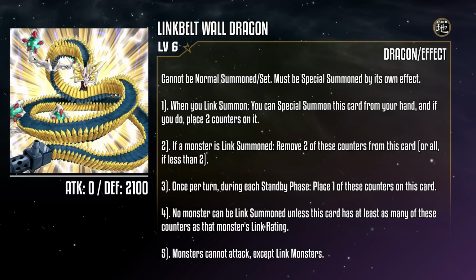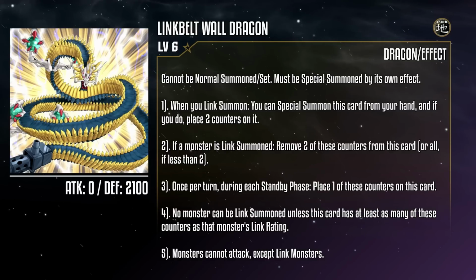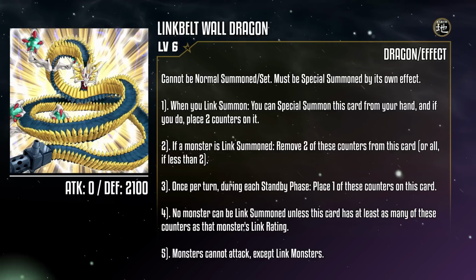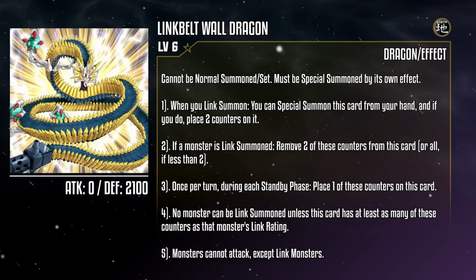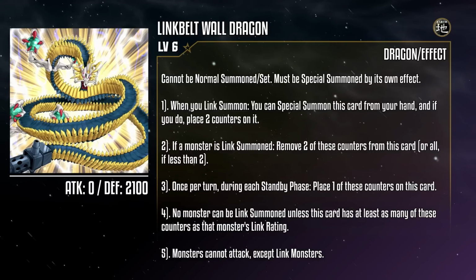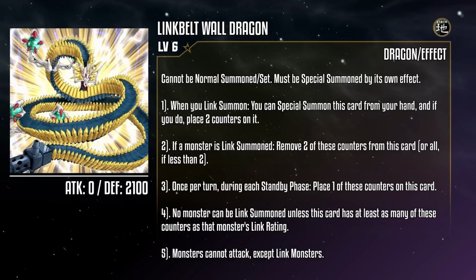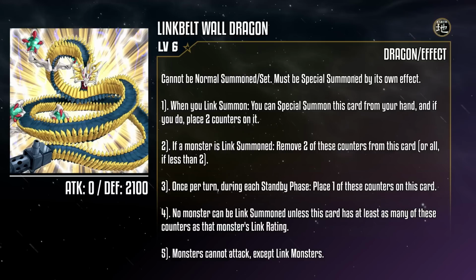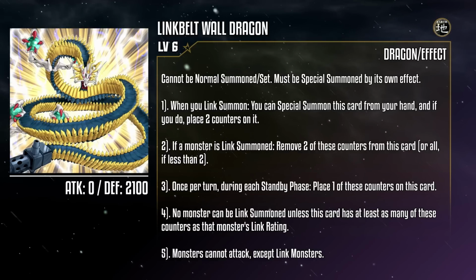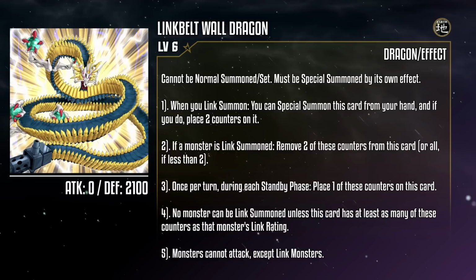Basically, it's saying that you're not able to Link summon anything unless the rating of that Link monster is at or below the number of counters on Link Belt. So when summoned, it has 2 counters, so you can Link summon a Link 2 monster, at which point it loses 2 counters, effectively keeping both players from Link summoning at that point. This cap is raised by 1 during each standby phase, as it gets a counter during that time, so as long as this is on the field, the amount of Link monsters that can be summoned grinds to a slow